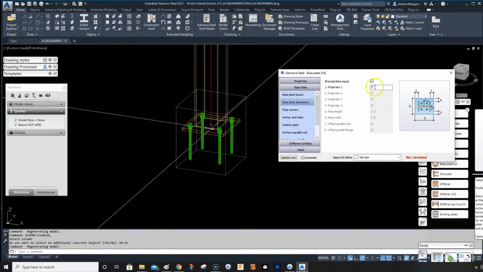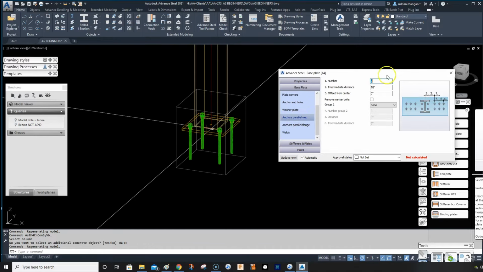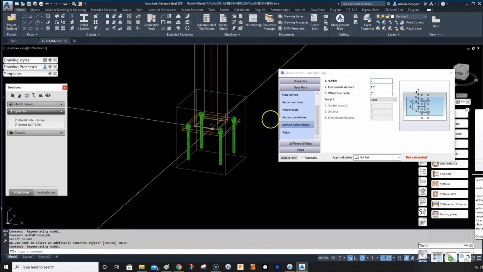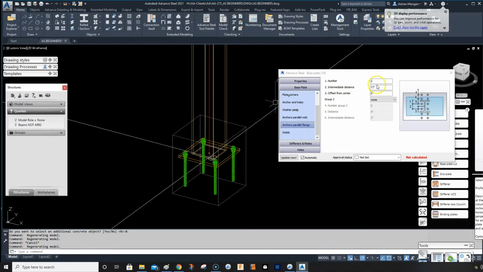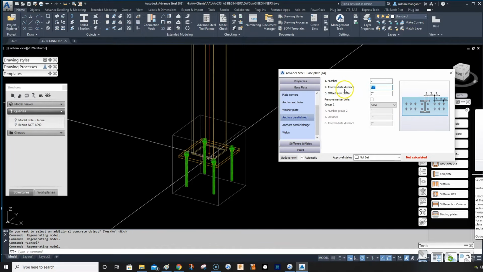So let's do plate dimensions. This is good. It's 3 inches all around. That's fine for a tube column. And the bolts, so it's an 8-inch column, 3 inches all around, so 8 and 6 is 14, and the anchors parallel 14 is 10 inches. I want that to be 11 inches. No, there's something wrong with my maths there, sorry. So if I do 10, and anchors parallel is 10,